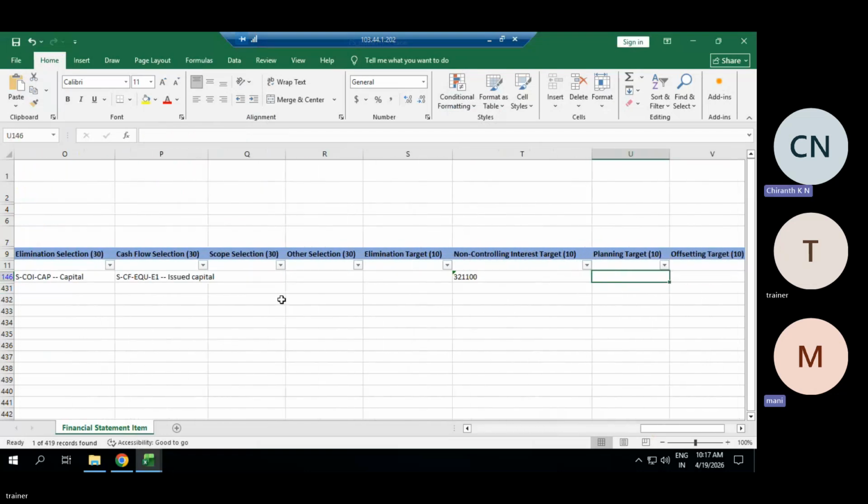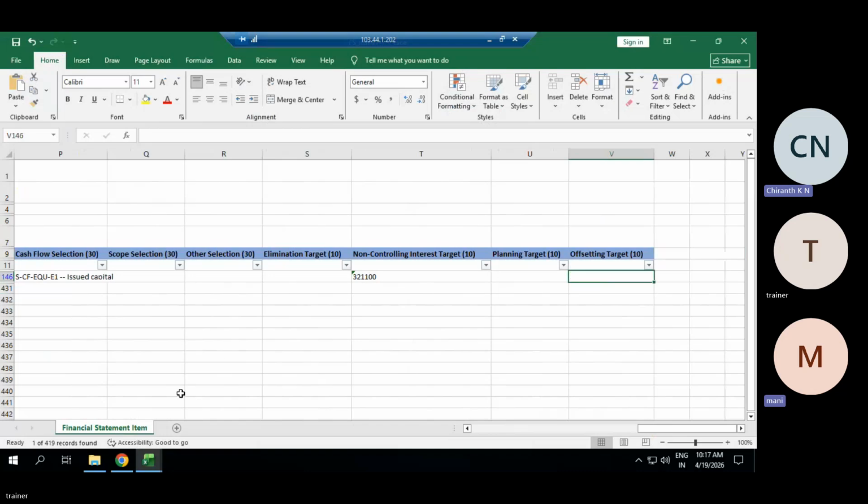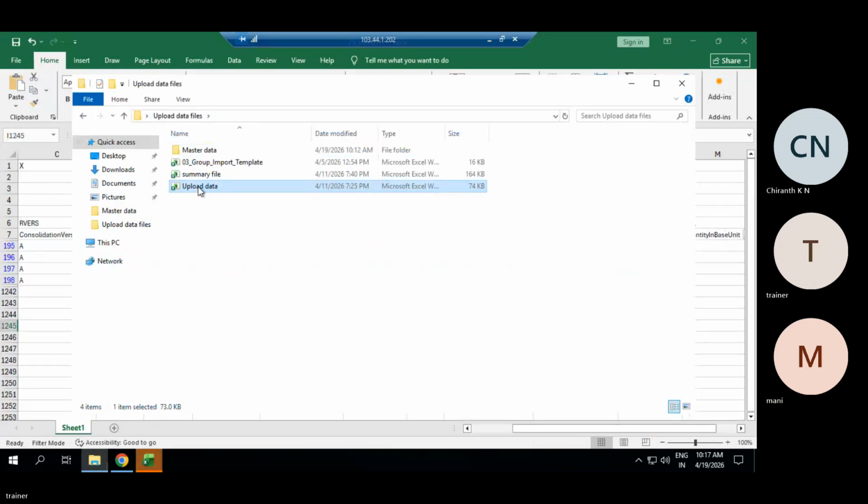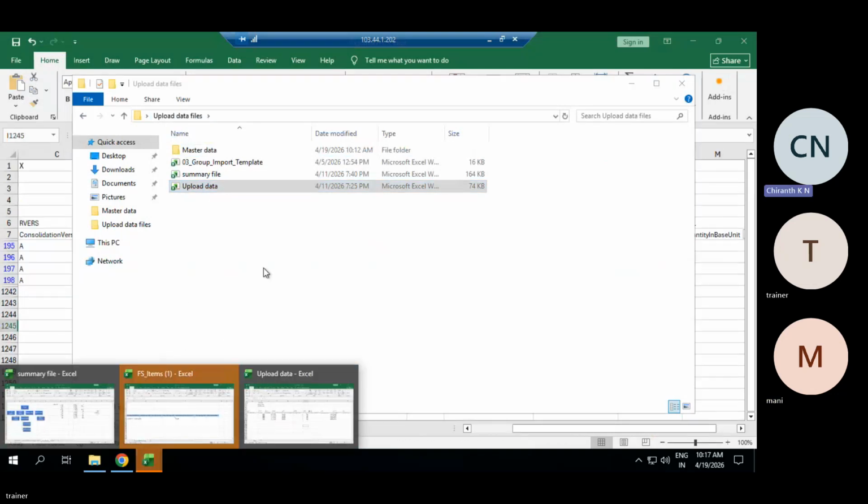Then there is a load data, transaction data file. So this is my upload file, transaction data.